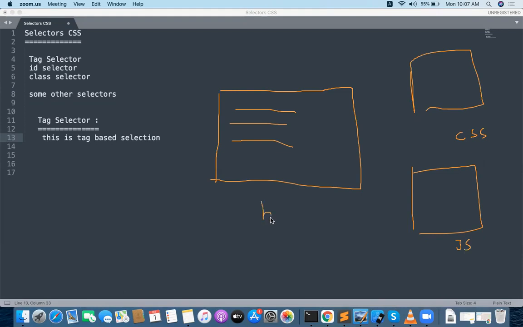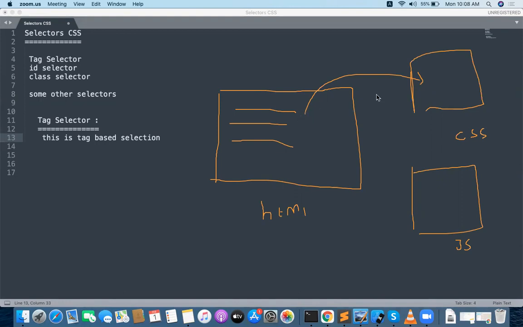And this is the HTML file. So from the HTML file, I want to access this particular element into the CSS if I want to apply some color, or any style attribute. If you want to apply something, first of all, you need to access it with one name.